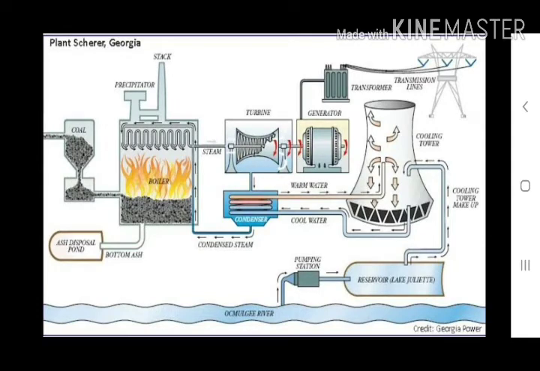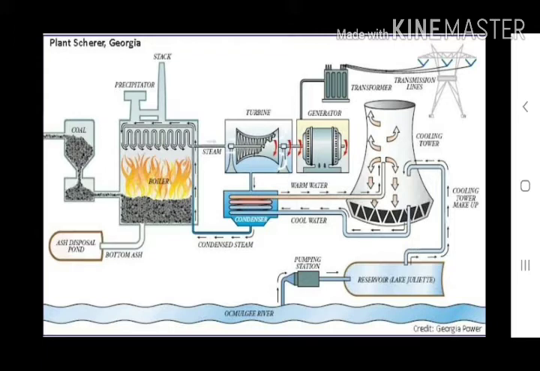So now we are coming to the diagram, and with the help of this diagram, I will explain you the working principle of thermal power plant. So in the starting of this diagram, one container is available. So actually this is the coal container. So with the help of the coal container, coal is coming to the boiler, and the below part of the boiler is having coal, and the top part of the boiler is pipes.